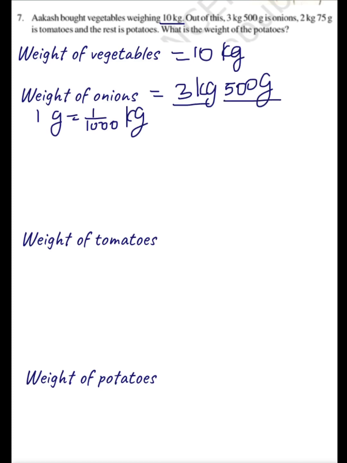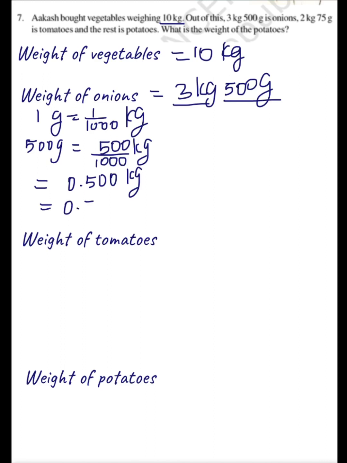We need to just convert this 500 gram. So 500 gram will be equal to 500 by 1000 kilogram. So what is 500 by 1000 kilogram? It's equal to